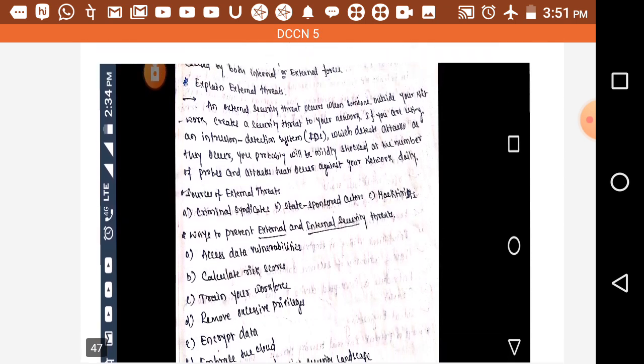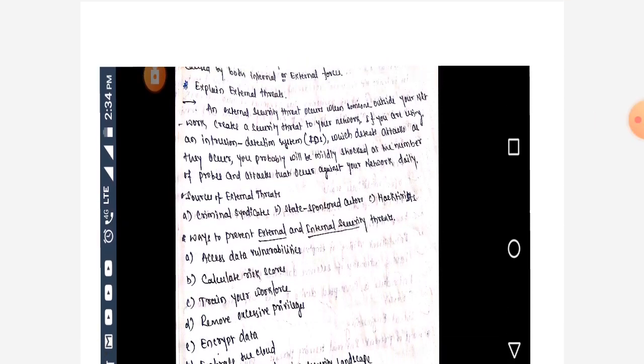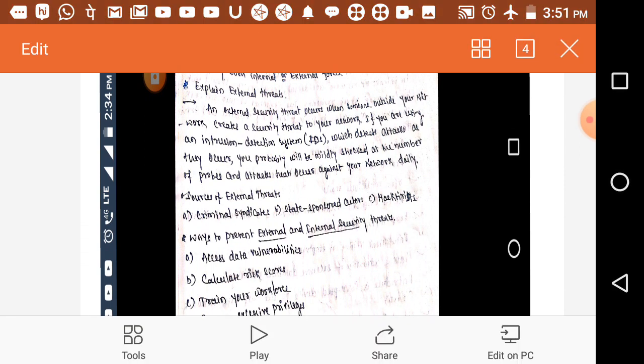Next is explain external threats. An external security threat occurs when someone outside your network creates a security threat to your network.